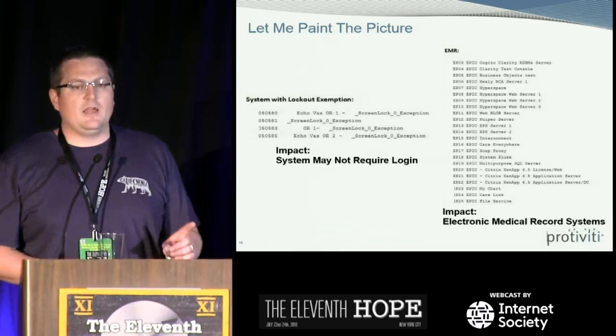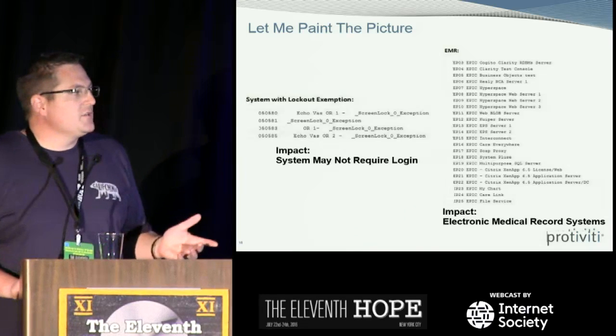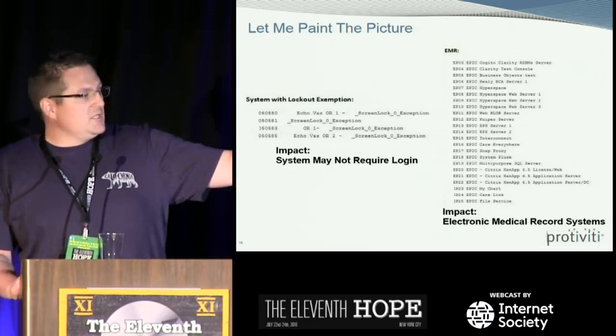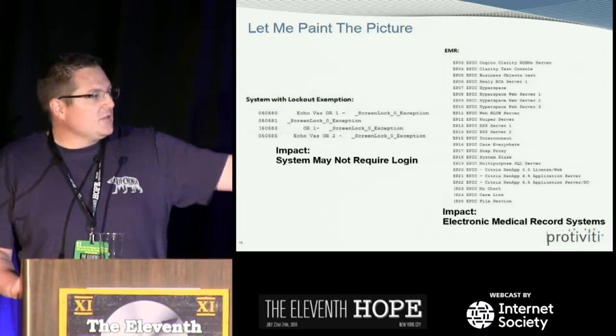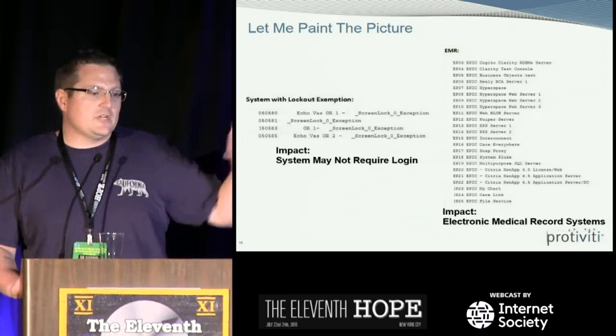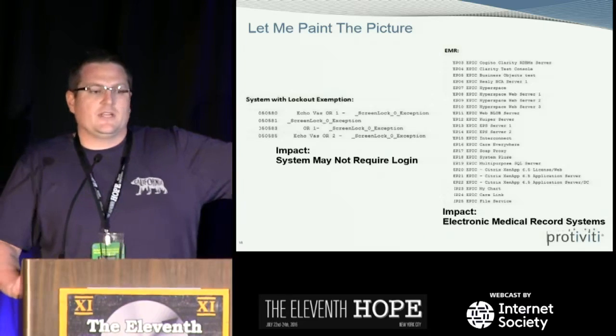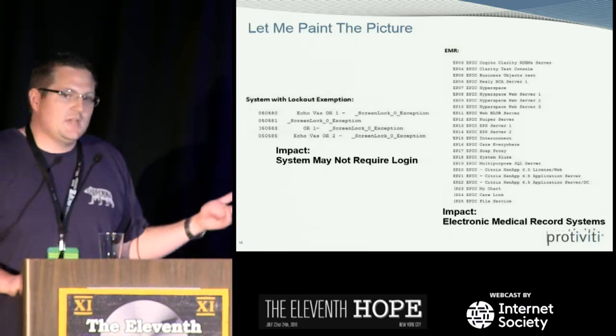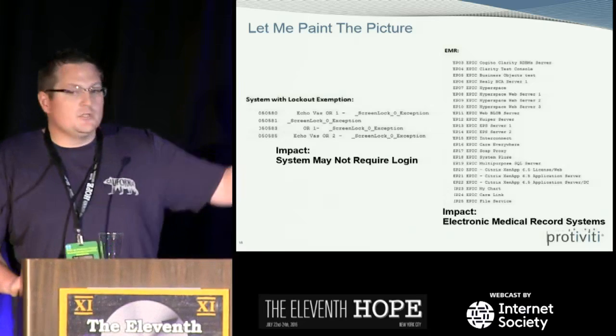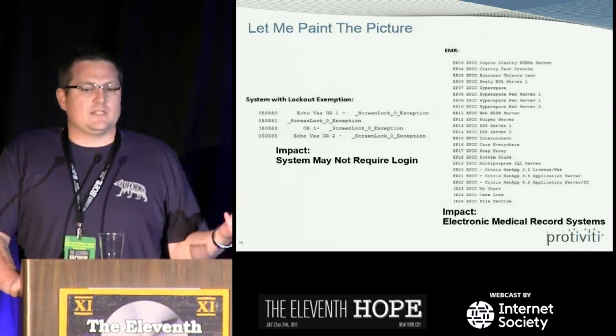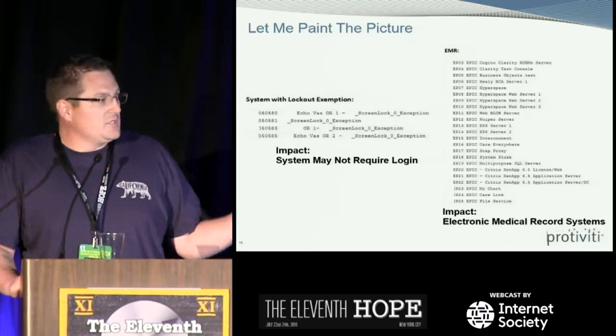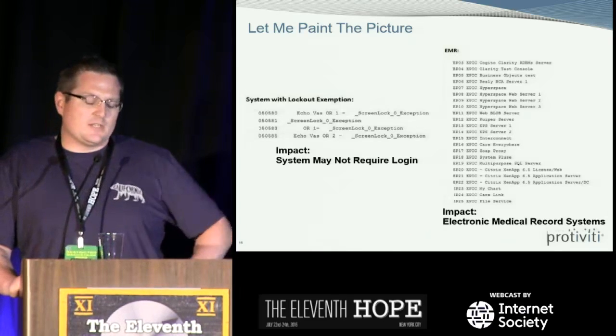As you can see here on the left, you would get stuff like this. You're getting specific locations, right? OR1, echovascular OR2. You're getting screen lock 0 exemption. So Active Directory with 0 isn't enforcing a timeout, which would probably be a HIPAA violation. But second, from an attacker perspective, if you walked up to that system, which we'll talk about, there wouldn't really be a screen lock. On the right, that's the electronic medical record